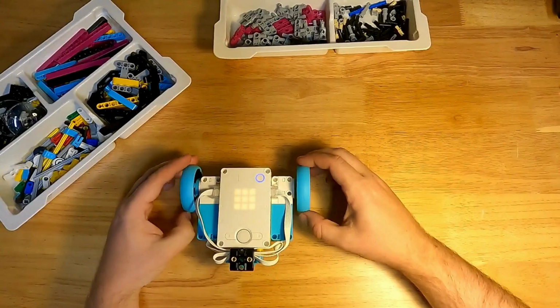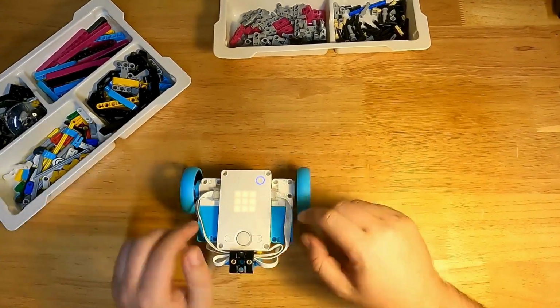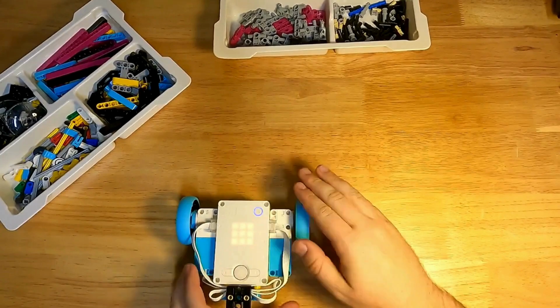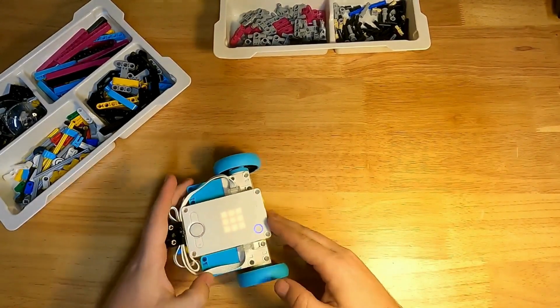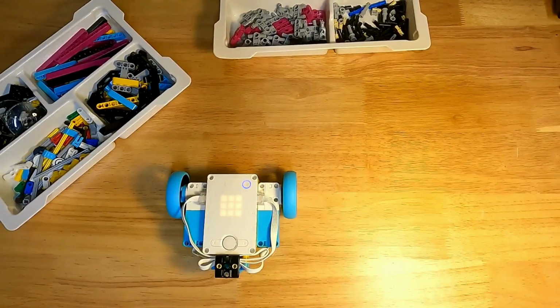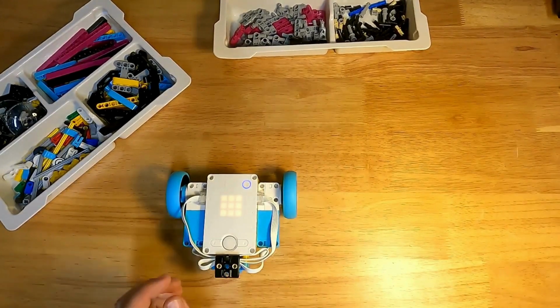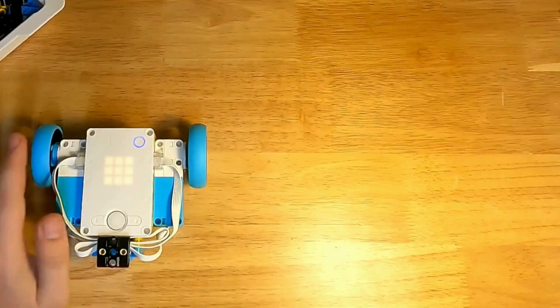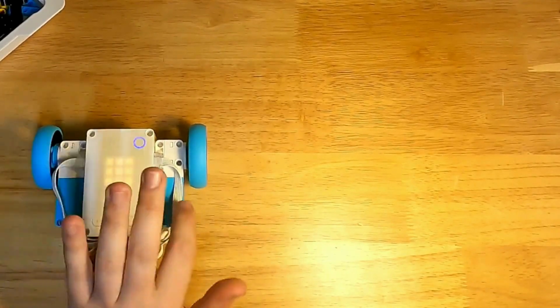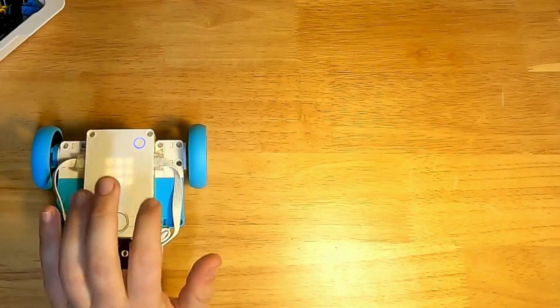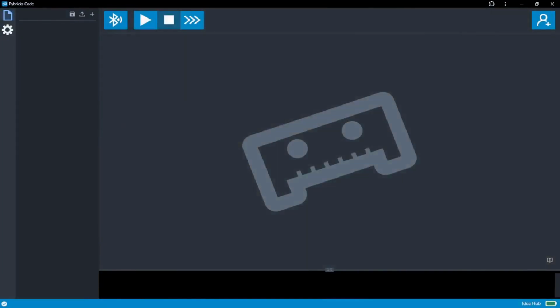Here we're going to use our Spike Prime robot and learn how to make it drive forward, backwards, and turn using the Pybricks block coding. While we're here, please notice that our left motor is plugged into A and our right motor is plugged into B. Right. In the code, we can go ahead and click Create New File,